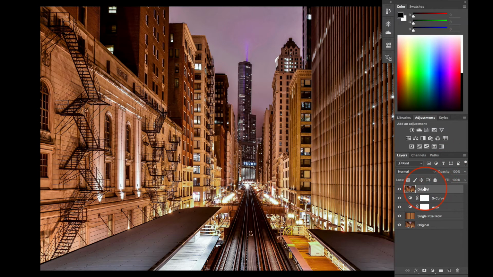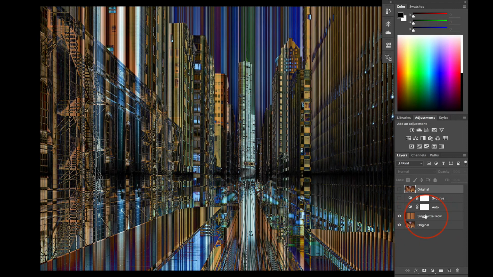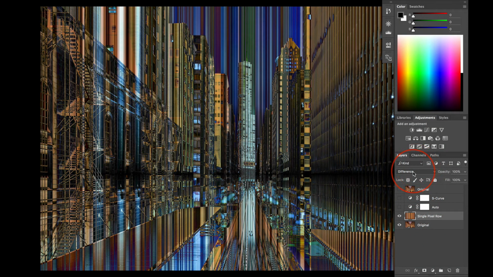And then jumping back on the original that I duplicated from down here, and you might say, hey, you haven't shown us anything. What about this journey? How did it go? Okay, really quickly, the original, the single pixel row that was then stretched out, and if I change this blending mode back to normal from difference, you'll see what it looks like.